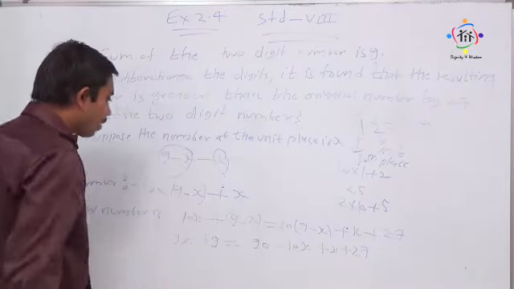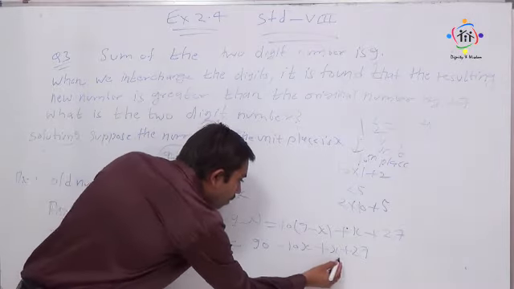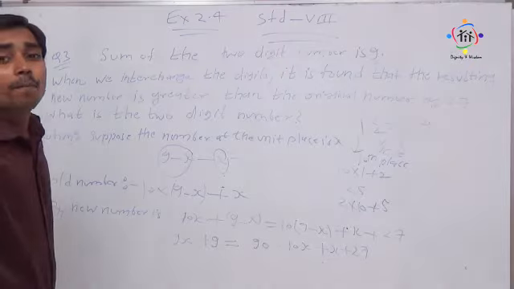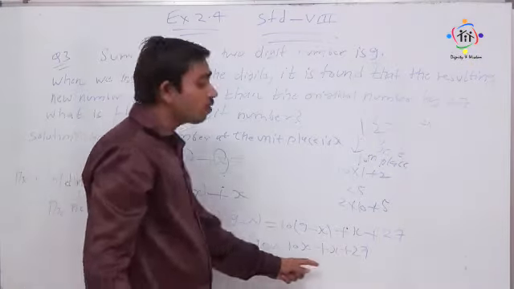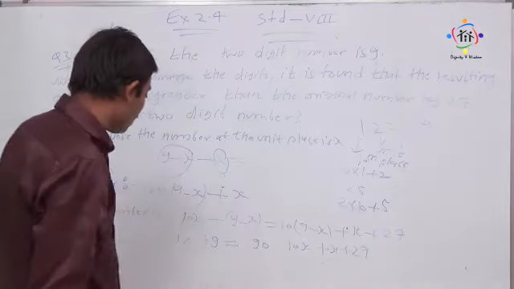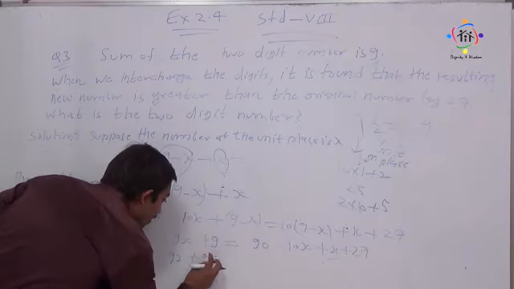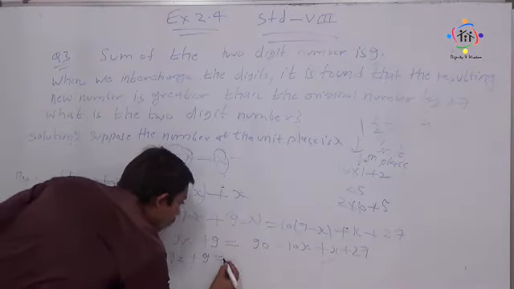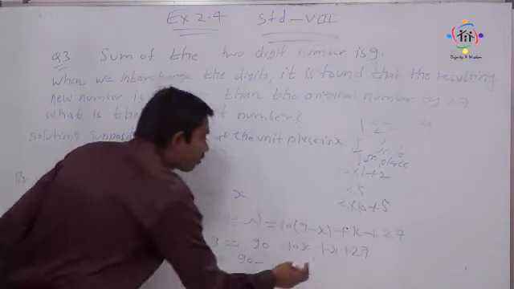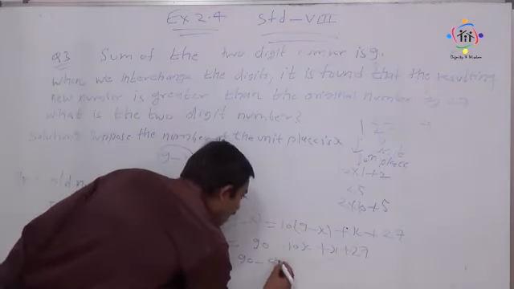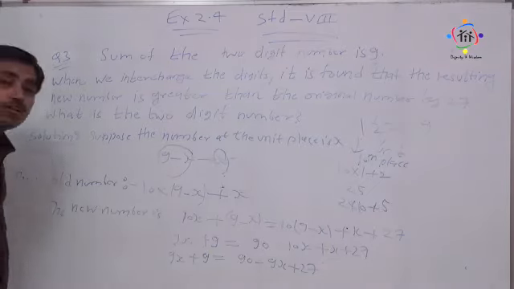Okay. So now this became like this. So here minus 10x plus x becomes minus 9x. The greater number's sign will come. Both have opposite signs, so we will do subtraction, but we will write the greater number's sign. So minus 9x, my dear students, plus 9 is equal to 90 minus 9x plus x, means minus 9x plus 27. Is it clear? Now what to do?